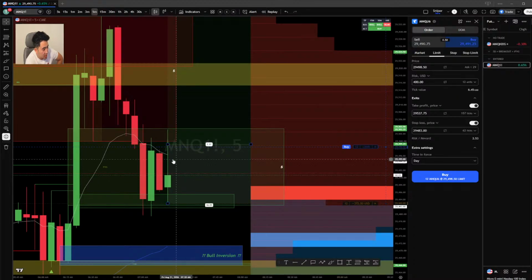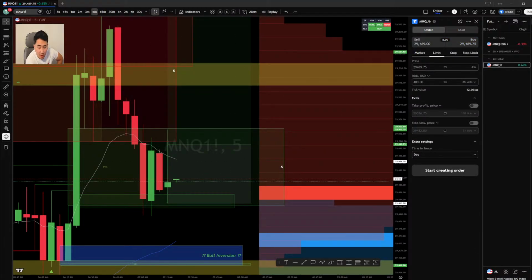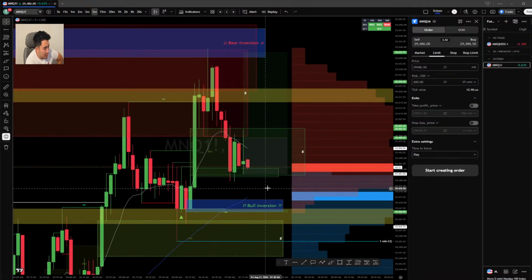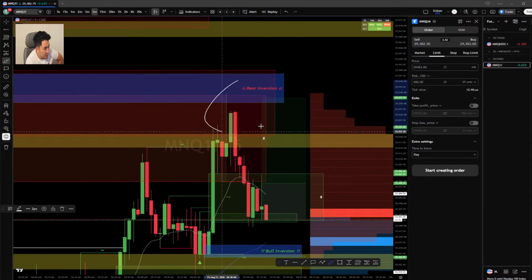Alright, looks like it's probably not gonna break out, or it's not gonna close above it, so just delete that. No trade for today. That's fine. Overall, not too bad. Followed all the rules. Really disciplined today. Called everything out. Nothing really set up correctly, so I did take a small trade here, and then I saw this